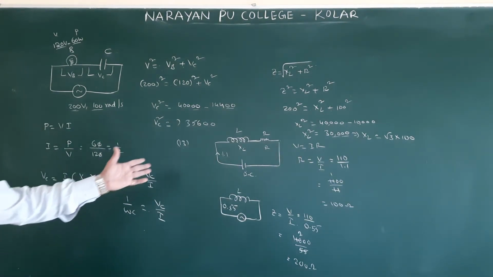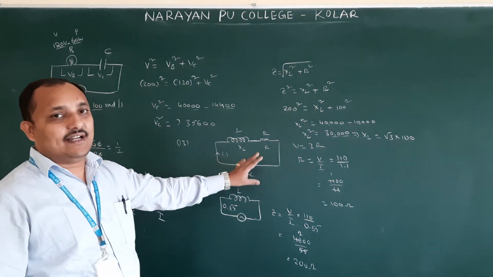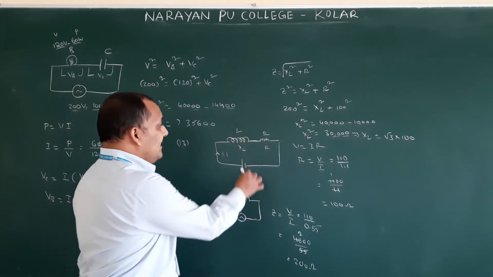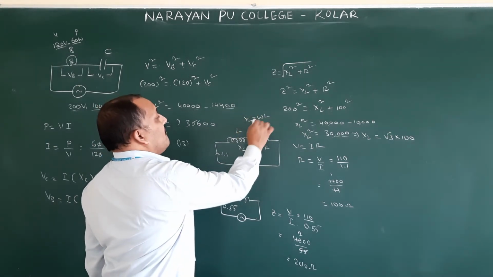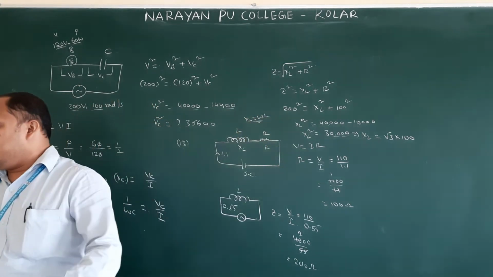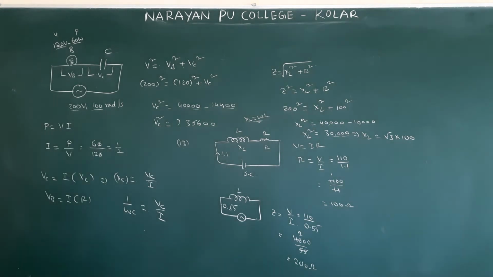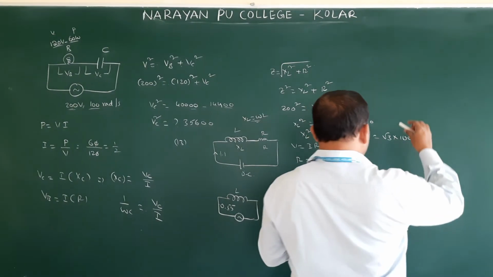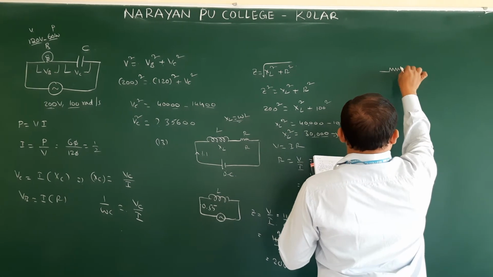Understood? Just see how to calculate using the given data and what they ask. If they give the L value, we can directly find XL is equal to omega L. If you have clarity on that, you will do it very easily. Otherwise, you will have a little bit of confusion. Next is question number 14. In question number 14 they gave a circuit diagram. We will see, this is simple.